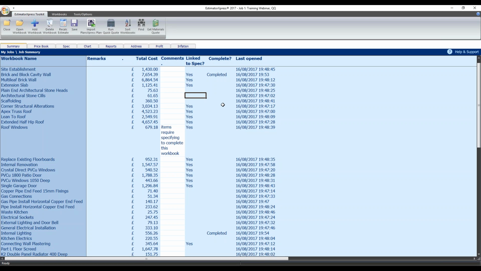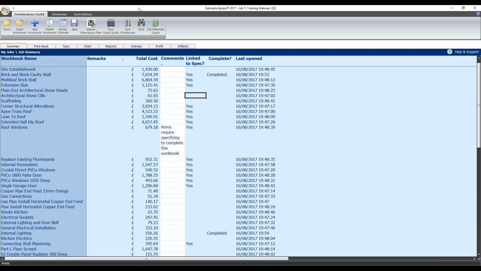But if you've done the major structural items within Plans Express, you may find that Quick Quote is a very convenient way to add in additional rooms' worth of renovation because it's very quick to do so. It's also a very quick way to add in the electricals and plumbing for those rooms, or even the rooms that you're designing. So they can work hand in hand as long as you make sure you're not double